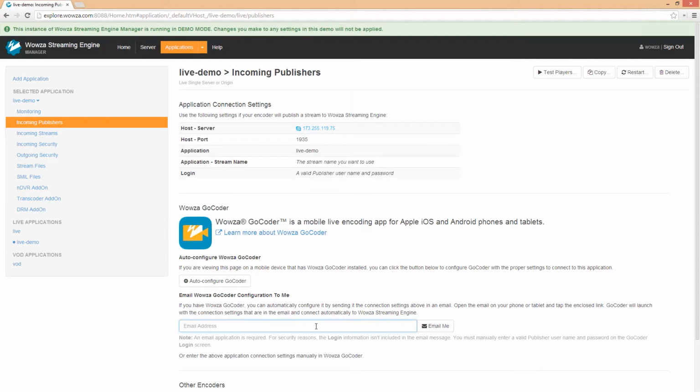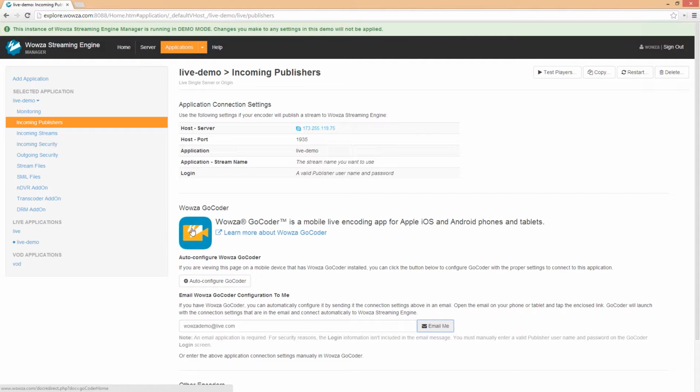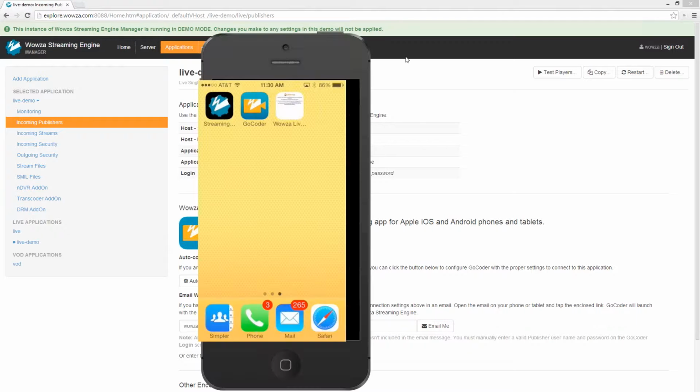But what I'll do is go down further. There's actually an email field here where, if you're not administering your server from the iPad or from an iOS device or any other browser for that matter, you can enter an email address where you can pick up your email on that mobile device, and you can email yourself the configuration where you have the Go Coder application installed. And so an email will pop up, and I'll hit high importance and hit send, and that'll send out. And then I'll flip over to my iPhone, which is what I'm using for the demo today. So I'll pull over my screen,